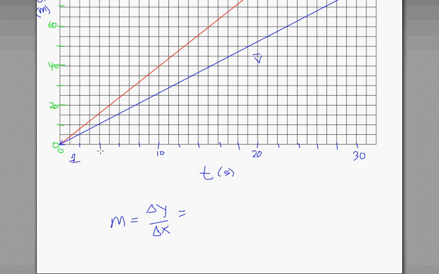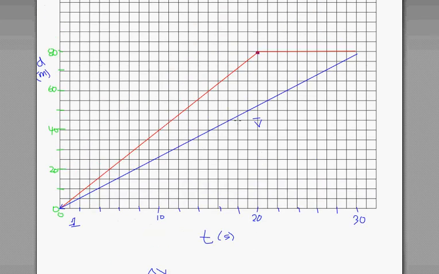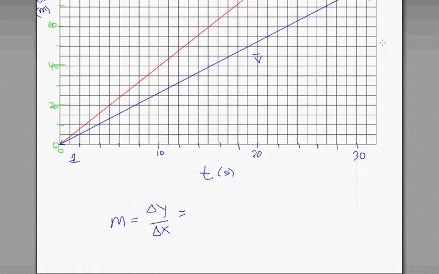It looks even worse. And this is going to be, let's call this up here point 2. Okay. So now, remember delta is y2 minus y1 over x2 minus x1. And that is going to end up being